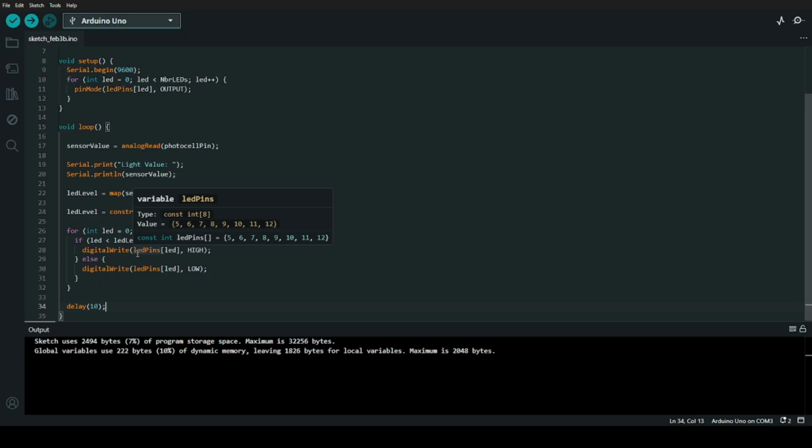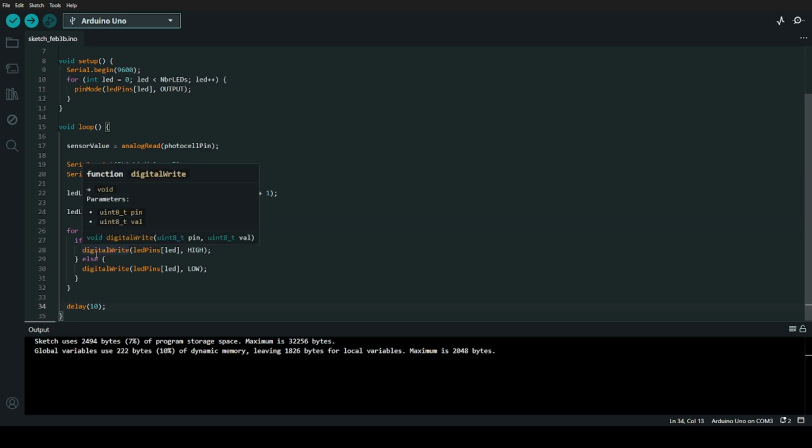For example, if LED level is 3, then LED 0, 1, and 2, pins 5, 6, and 7, receive a high signal, meaning on, and the remaining LEDs up to the furthest, pin 12, receive a low signal. Low signal means off.